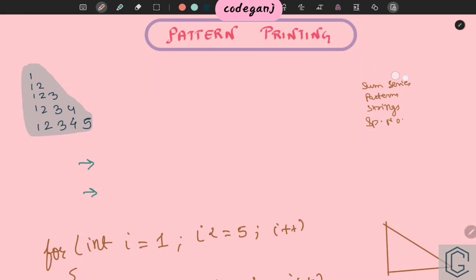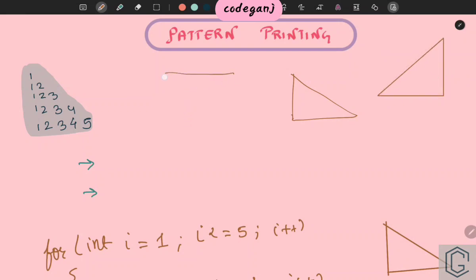In your syllabus there is mostly this right angle pattern, the Floyd's triangle or something they call it. Just check it out. It will be something like a right angle triangle like this, or maybe it can be like this, or maybe it is big and then it becomes small. So we need to focus on these types of patterns.